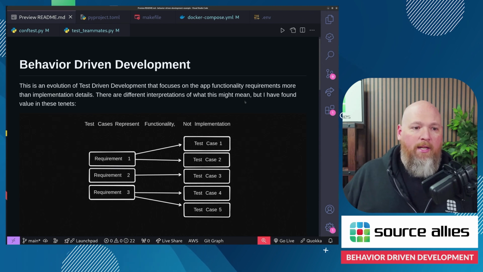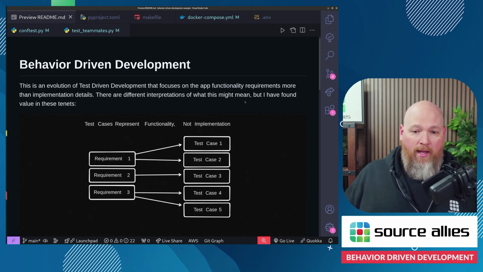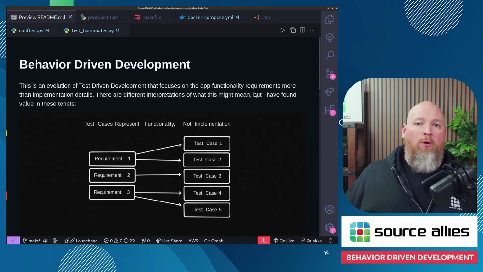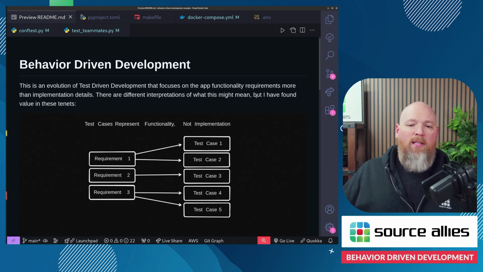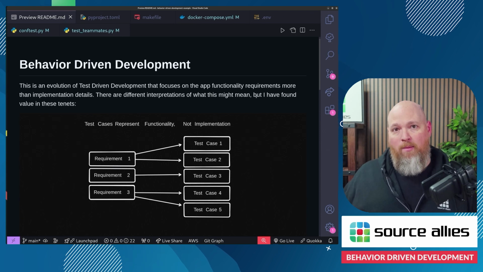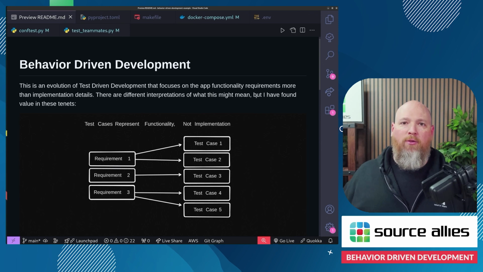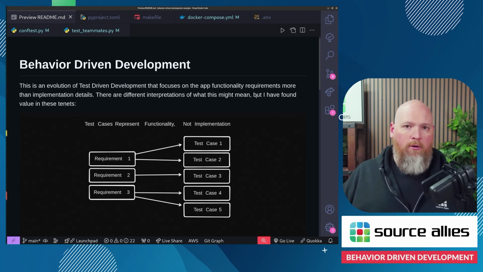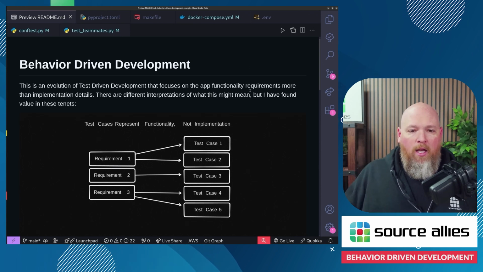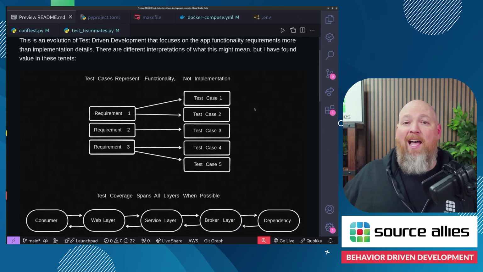So, like I say here, this is an evolution of test-driven development. It's going to focus on those app functionality requirements. And I've really broken this up, at least from my personal experience, into about 3 or 4 different tenets of what I try and make sure is happening when I'm writing these types of tests and when I'm approaching a new project or an existing project to make sure that it still meets all of those functionality requirements that we need. So this first one is going to be, like I said, that test cases represent functionality, not the implementation